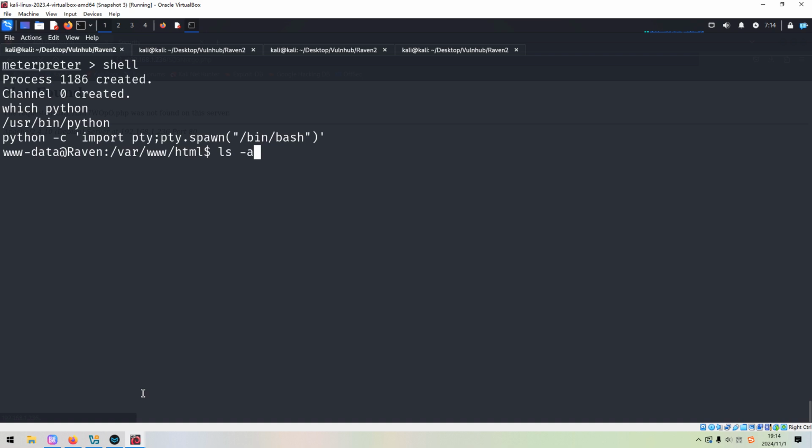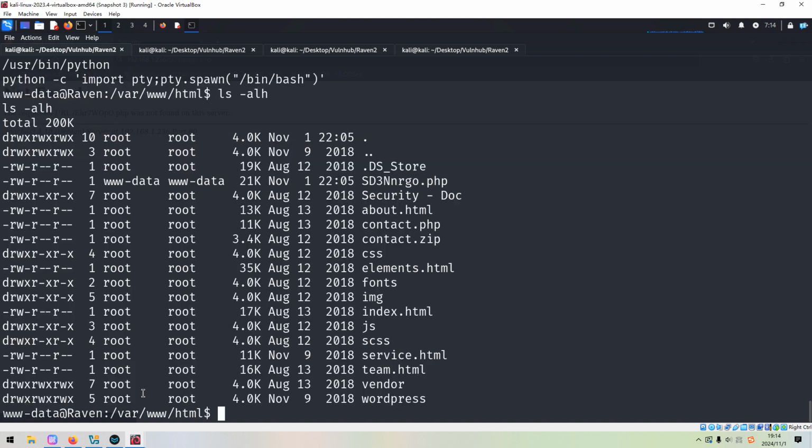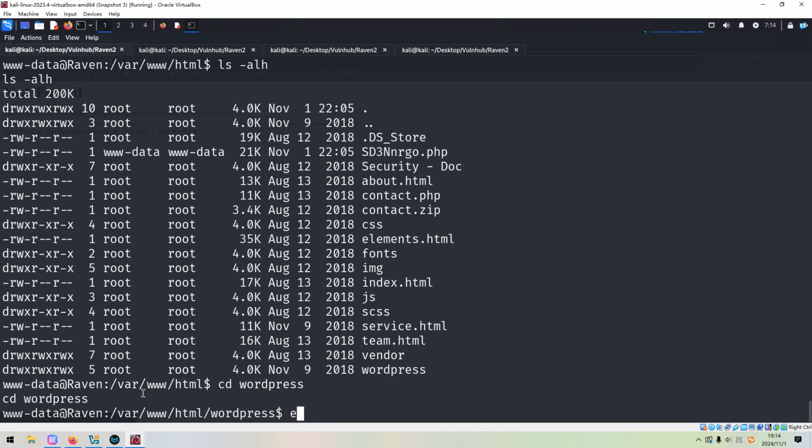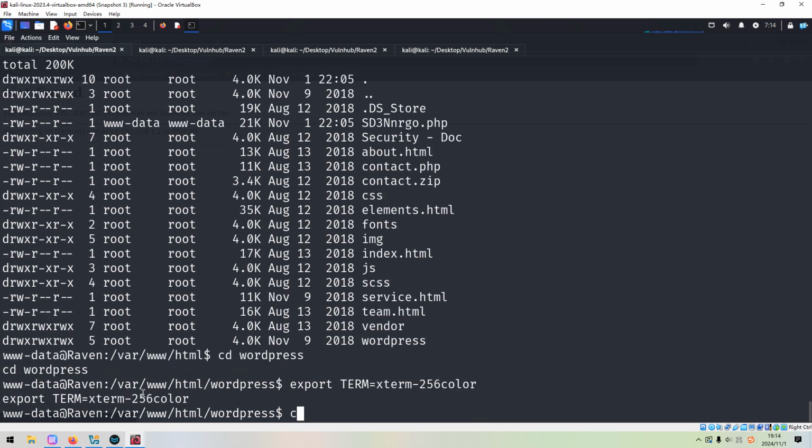Next, we need to do some local enumeration. And we can go to the WordPress directory. Also, I'd like to export the TERM variable, so then we can clear the screen when necessary to get bigger space on the screen. Clear.